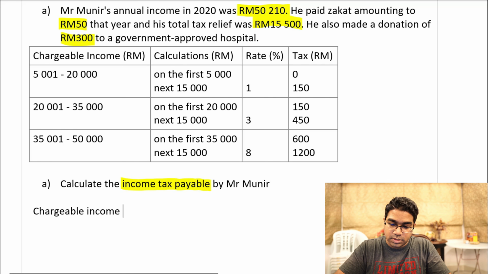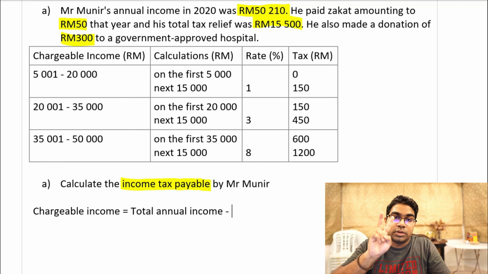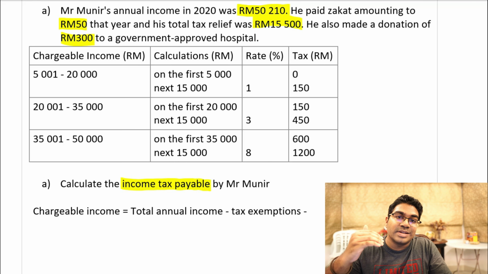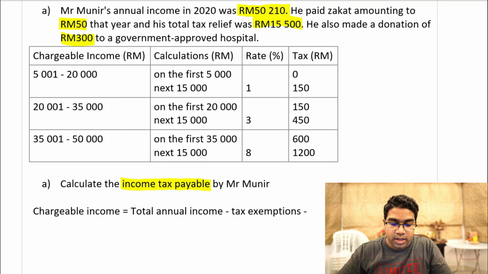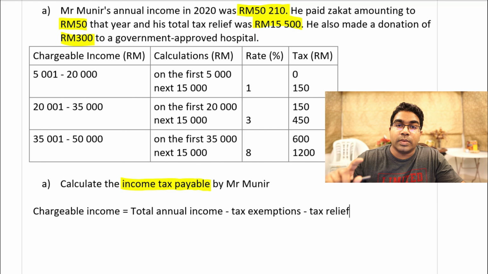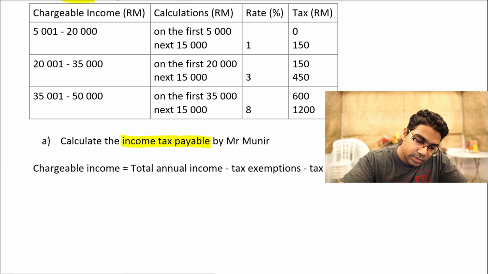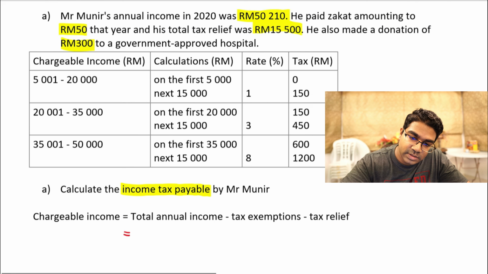Chargeable income is equals to the total annual income minus two things, that is tax exemptions. Tax exemptions usually come from donation made to government approved bodies, and we also have tax relief. And now we can calculate Mr. Munir's chargeable income, which is equals to, first we take the total annual income, which is